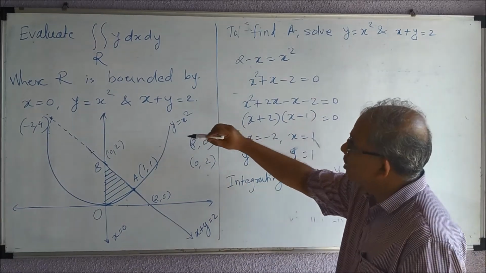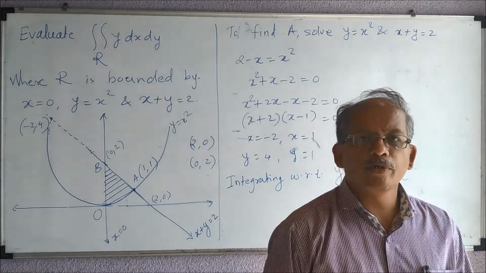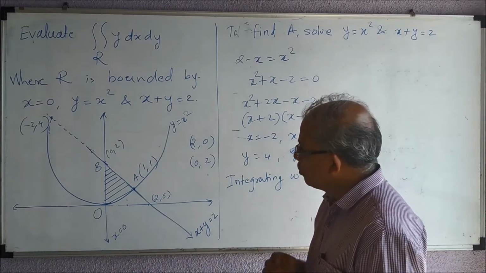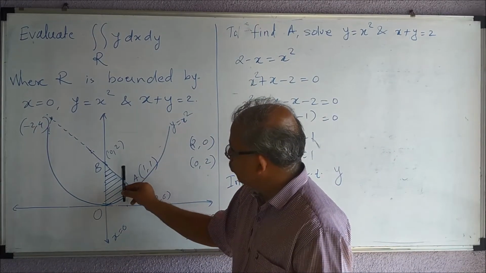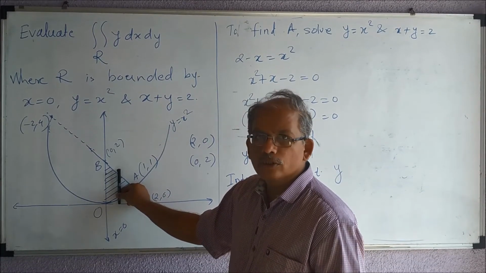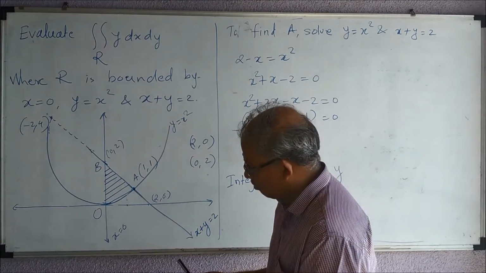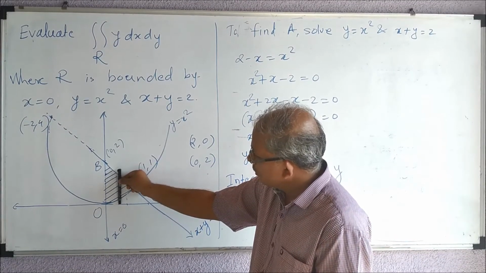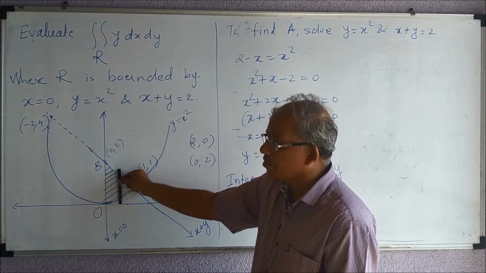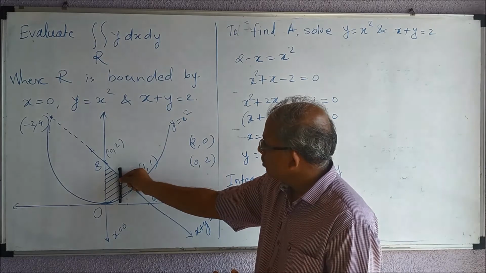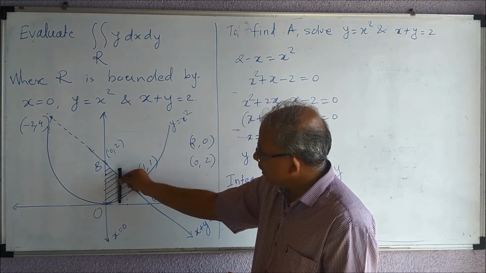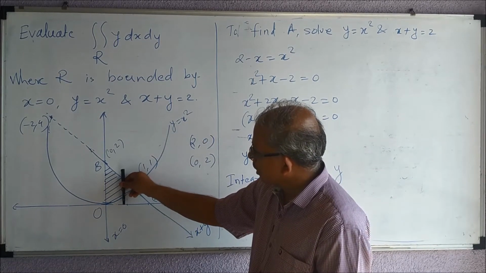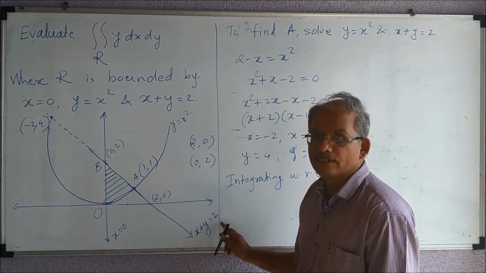See, there are two integrations. Okay, so the inner integration I will be doing with respect to y. So if you want to do it with respect to y, what you do is you keep your pen parallel to the y-axis, in between the region. Okay, you keep your pen parallel to the y-axis in between the region, right? And see where it is intersecting at the lower end and at the upper end. Okay, so now you can easily observe that it is intersecting at the lower end the parabola y = x², and at the upper end the line y = 2 - x.